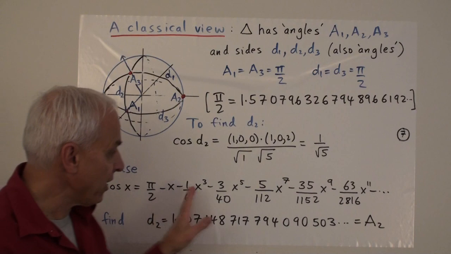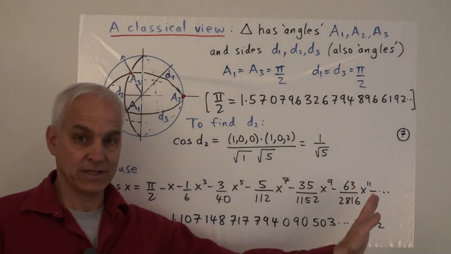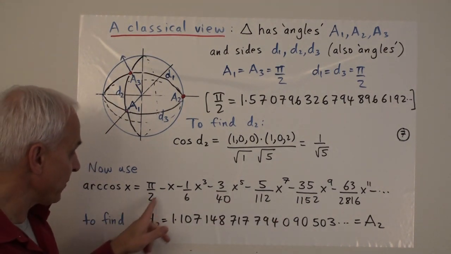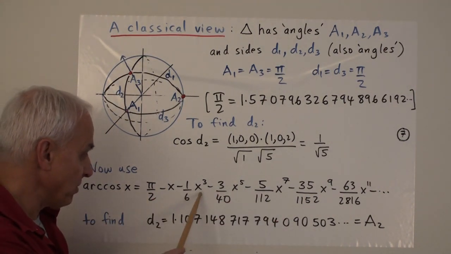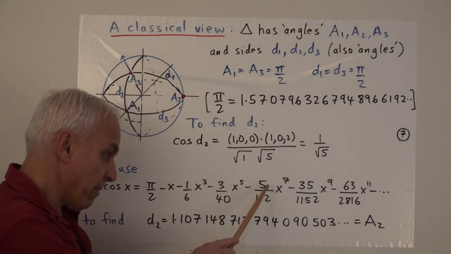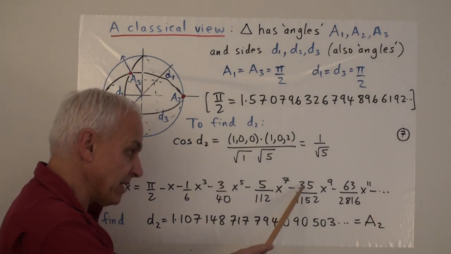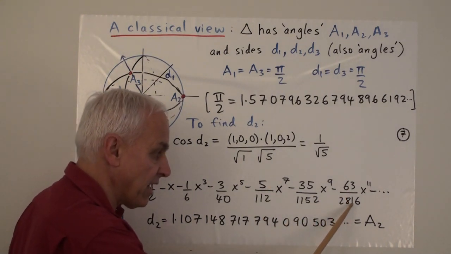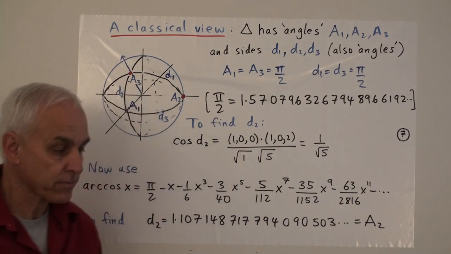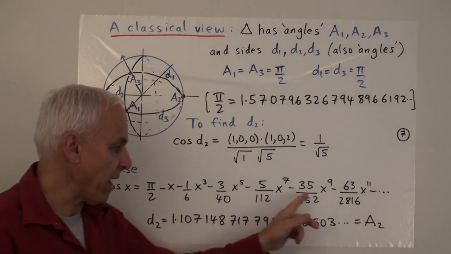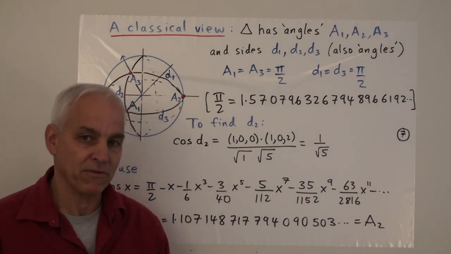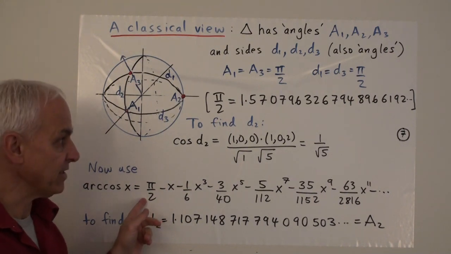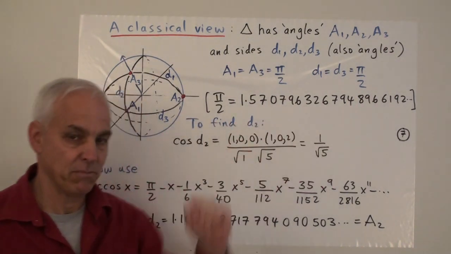Well, it's invoking the first part of an infinite series. Okay. And the infinite series starts like this: pi over 2 minus x minus 1/6 x cubed minus 3 over 40 x to the 5th minus 5 over 112 x to the 7th minus 35 over 1152 x to the 9th minus 63 over 2816 x to the 11th, and so on. And there's a reasonably predictable pattern. If you stare at these numbers, you probably will be able to figure out what the pattern is. But there's also this pi by 2, which has this same infinite aspect built in.